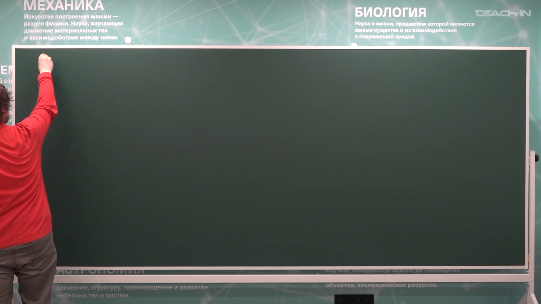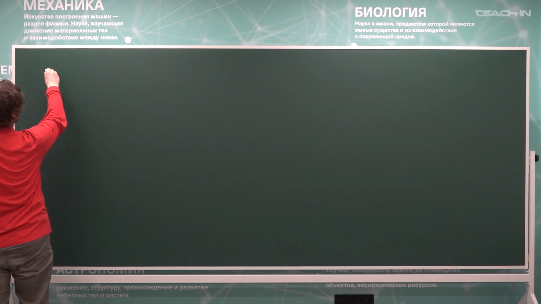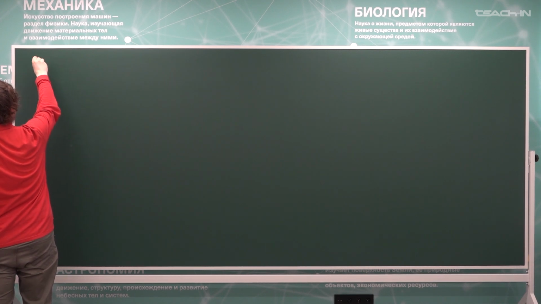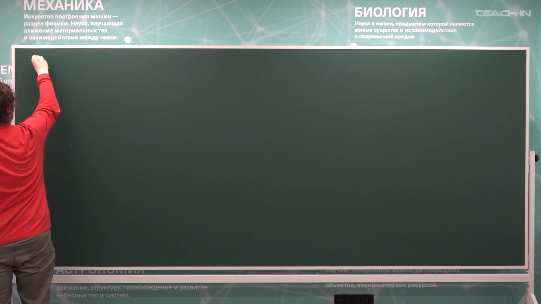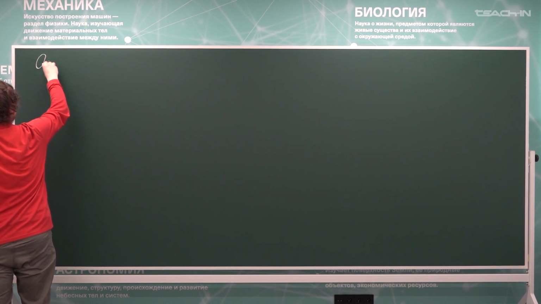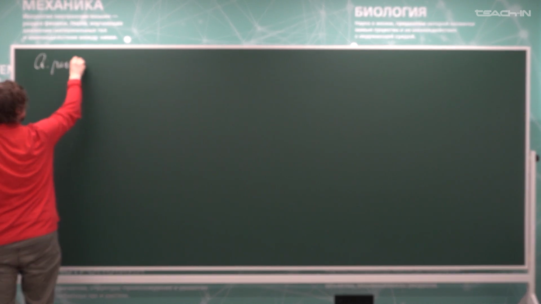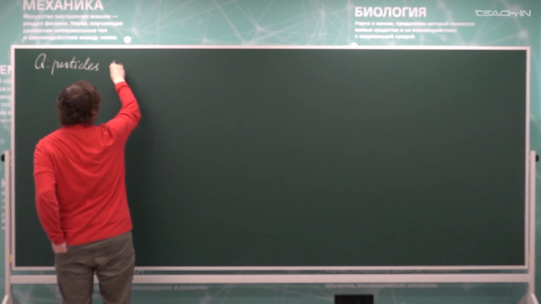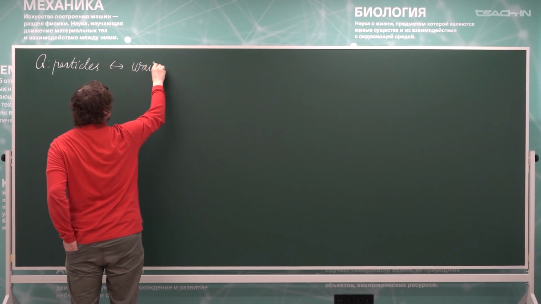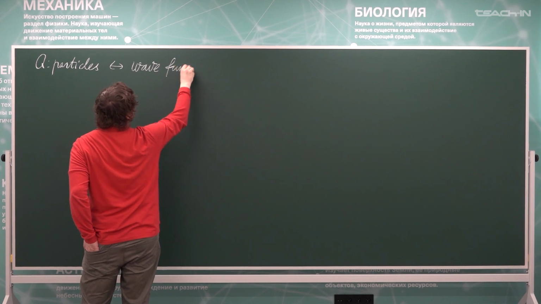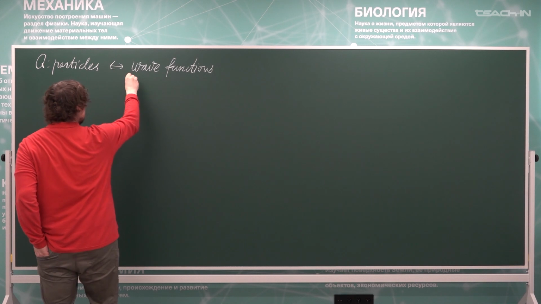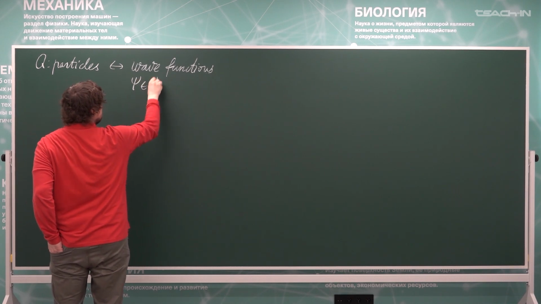I'm not going to repeat the properties of classical mechanics. Let me speak about quantum mechanics. So the basic principle of quantum mechanics is the following. Quantum particles are described by their wave functions. That is to say, elements of the Hilbert space H,